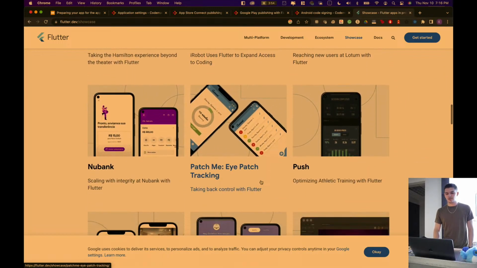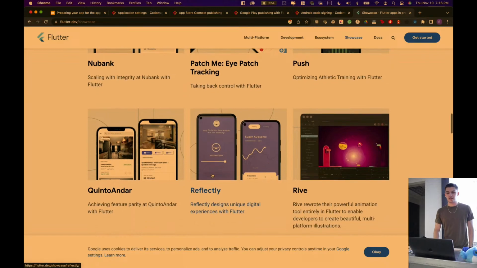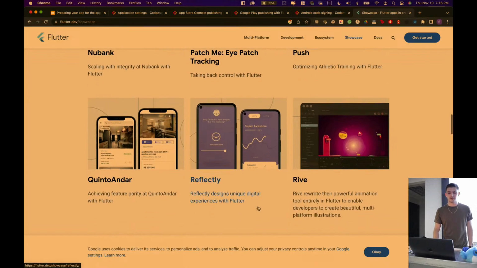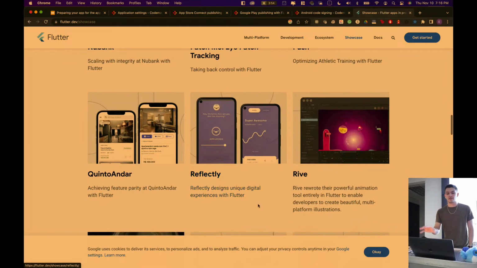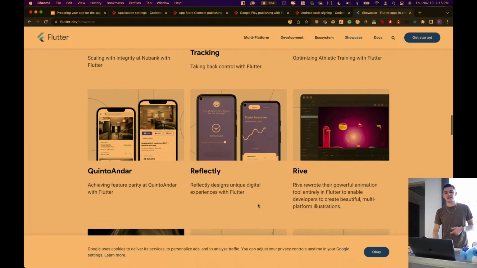iRobot apps. So there's all sorts of stuff that is coming out. Reflectly won an App Store award for design. It was built in Flutter. A lot of the people listed on here also have YouTube videos talking about why they chose Flutter and the things they loved about Flutter. Of course, it's on Flutter's YouTube channel. They're probably not going to say anything bad, but it talks a lot about why they made that decision